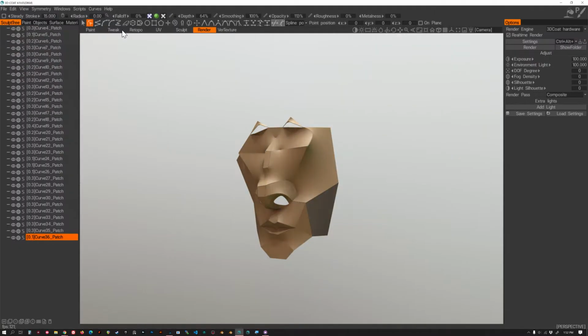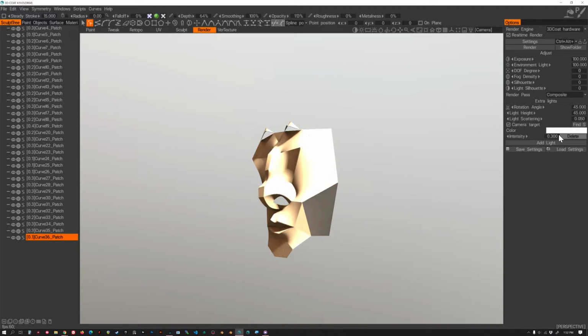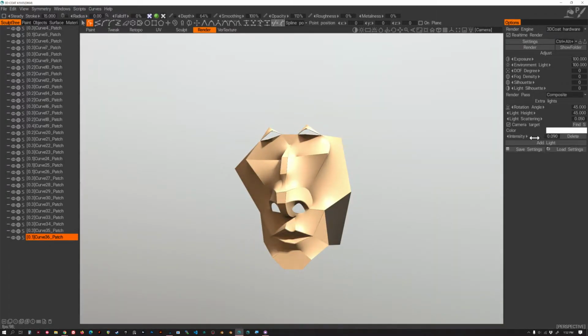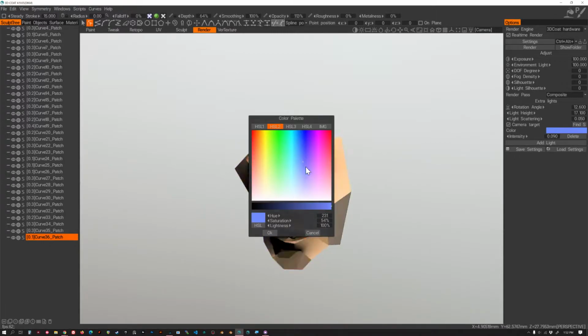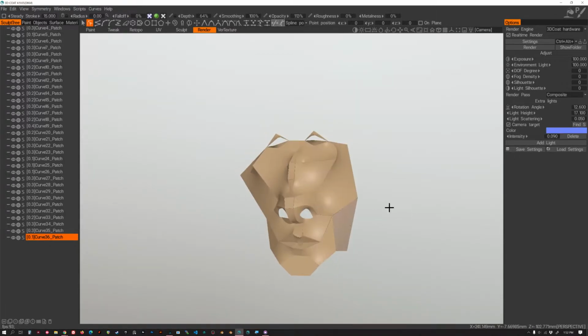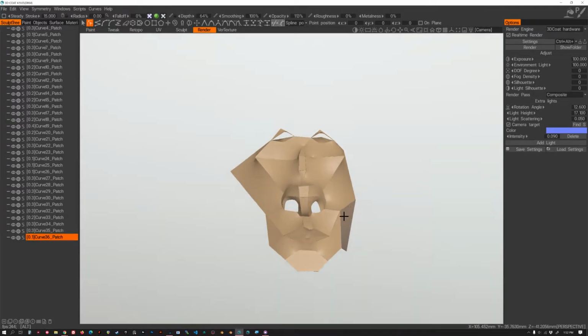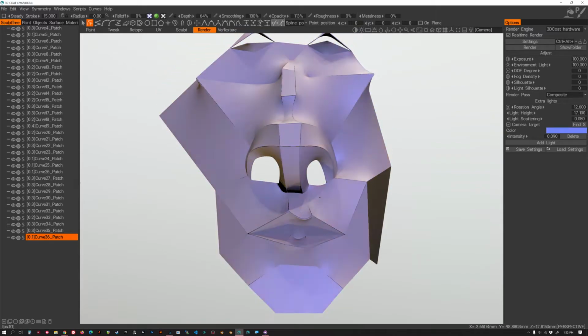And if I come over here, I'll see that this is kind of what I get. Let's dial down our intensity on our light. Let's change the angles. Alright, so you can see, for something very sculptural and stylized, this is quite powerful, but it's highly dependent on where I've put my edges. So the edges give us a lot of control,